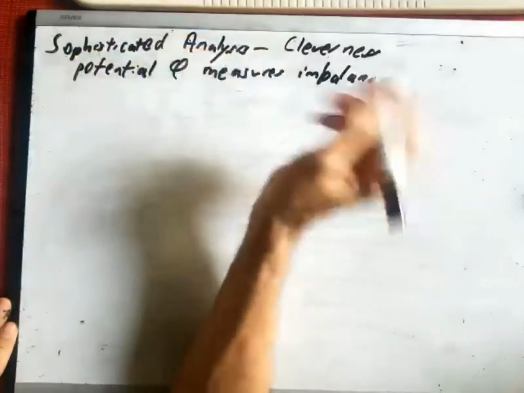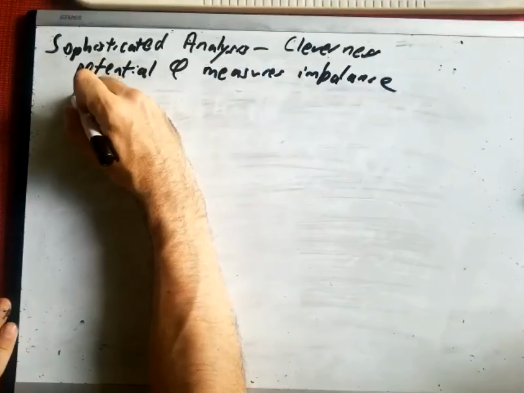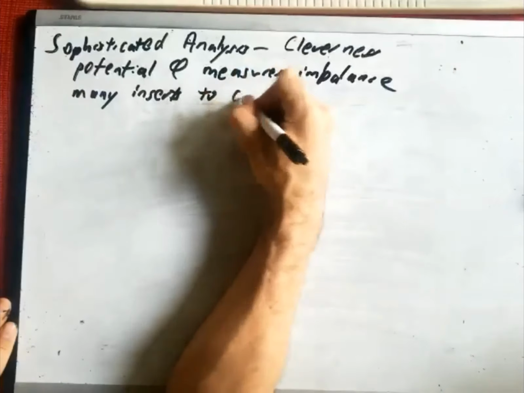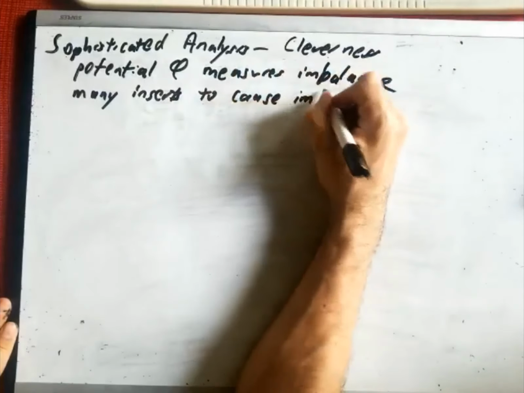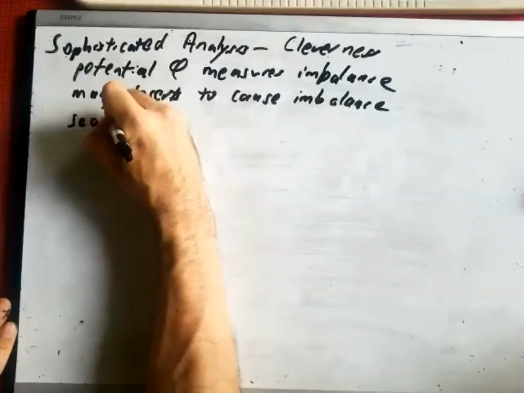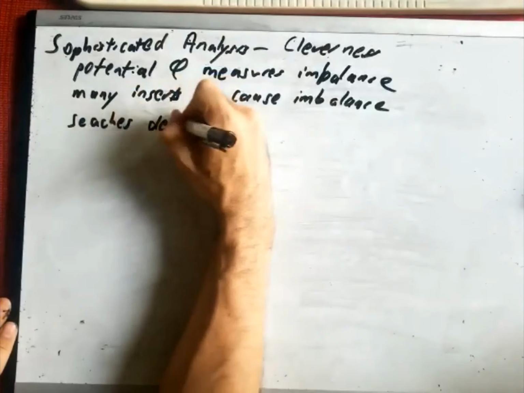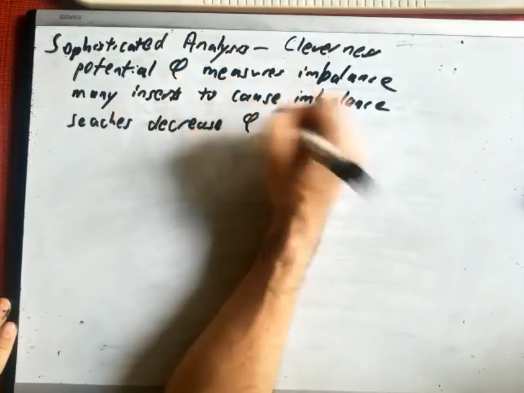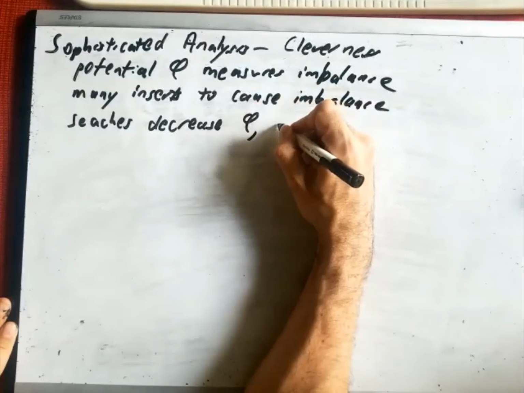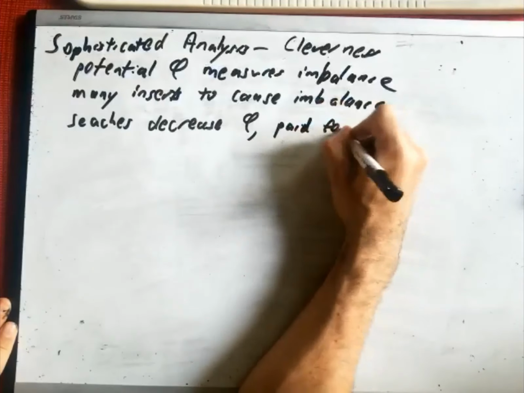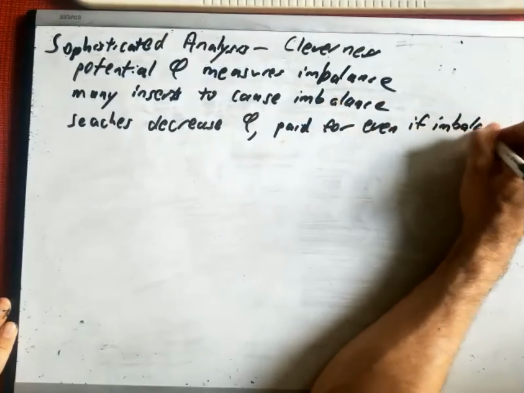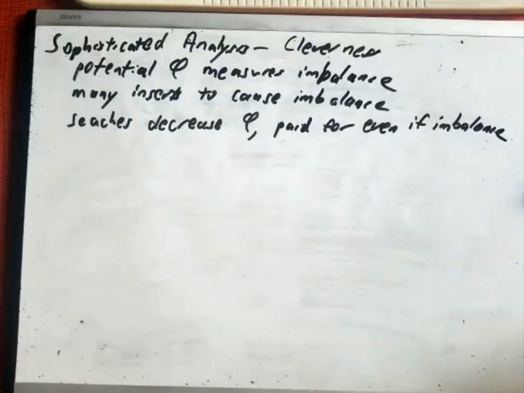And it proves, in the standard potential function sort of way, that you need many inserts to cause an imbalance. And they then show that the searches decrease the potential and are therefore paid for even if there is an imbalance. Okay,